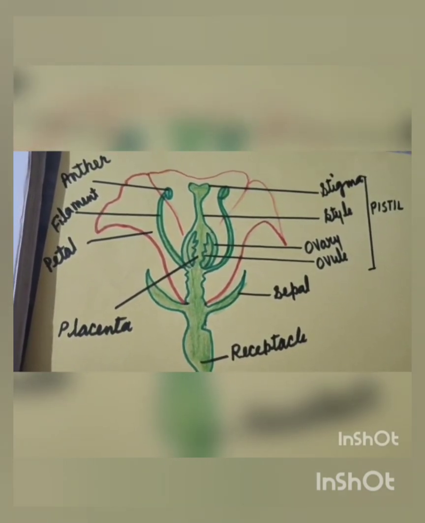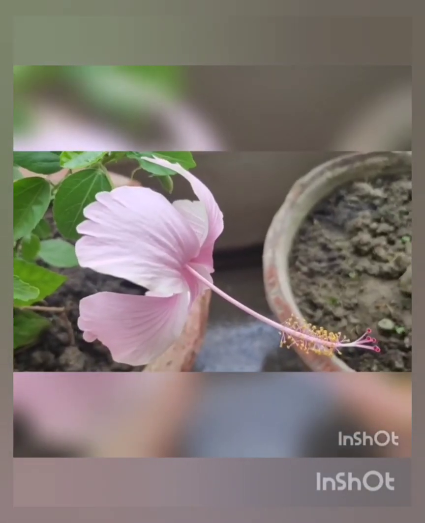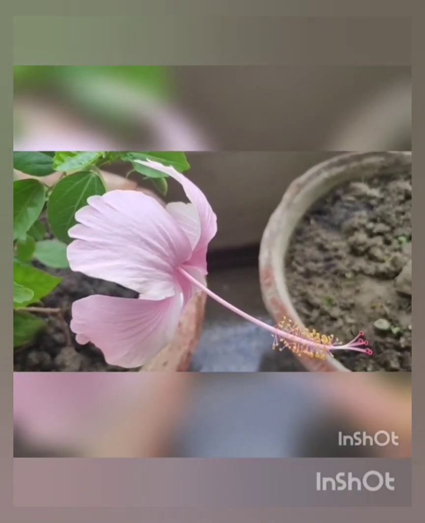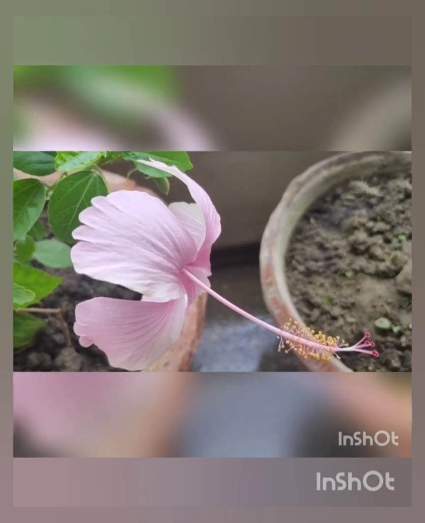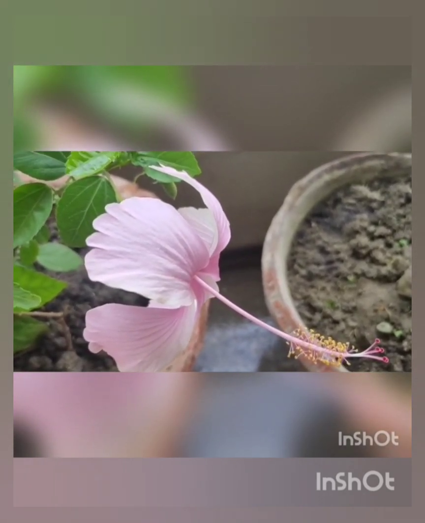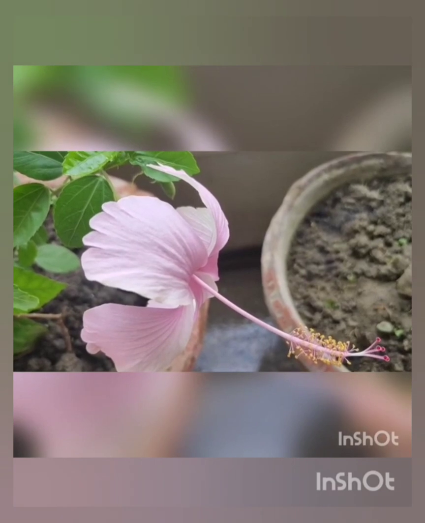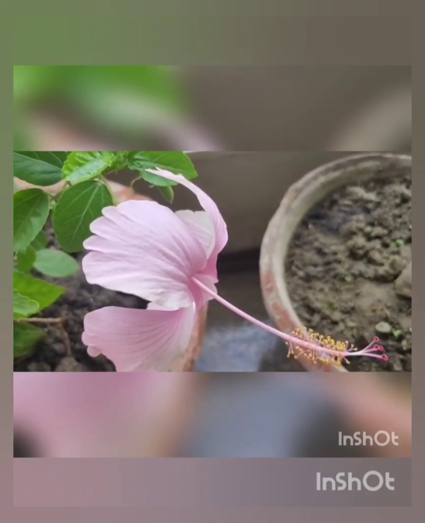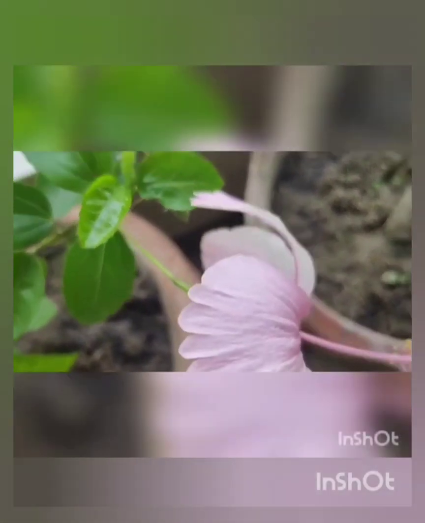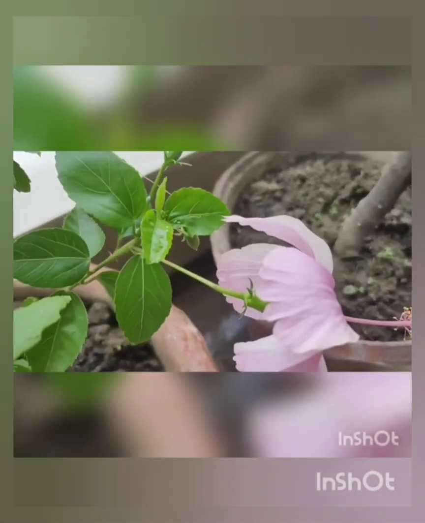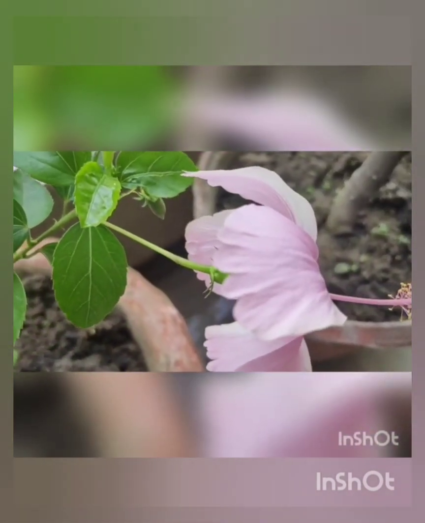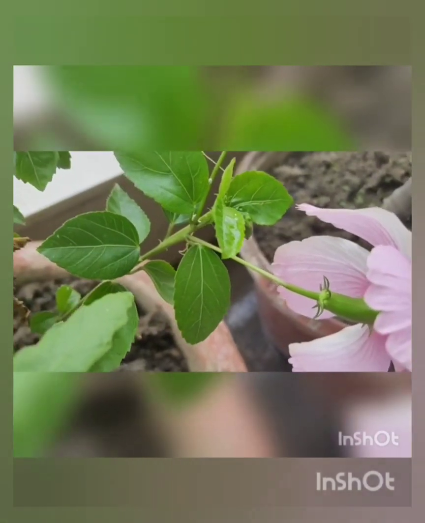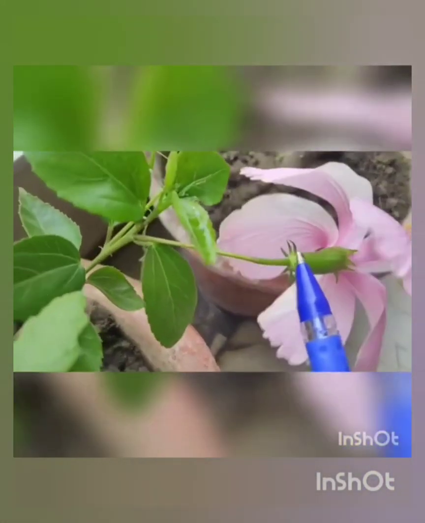So let's go. Dear students, here is the flower. A beautiful, colored and attractive flower. Today morning only it bloomed. So I thought to give you a real live experience of flower, far from that board diagrammatic representation. So we start from first whorl. A flower has 4 whorls. As I told you, first whorl are the green sepals.